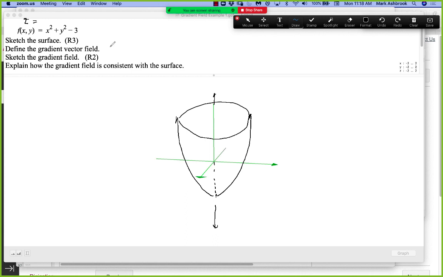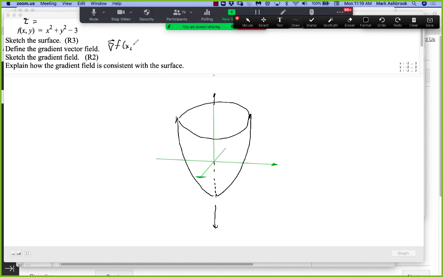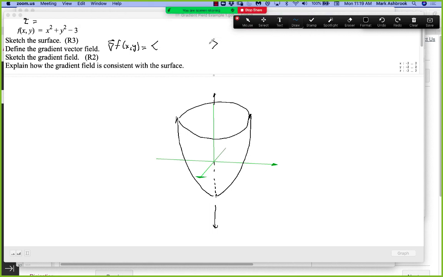What was our gradient field? So the gradient field, we could write it like this. What did we say it was? 2x, 2y. Can we sketch that? So we'll sketch that in the xy plane. So what does it mean? As x increases,